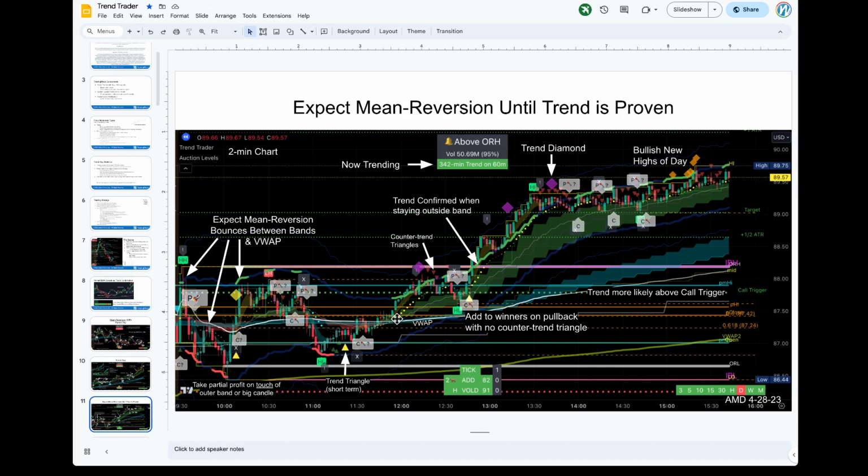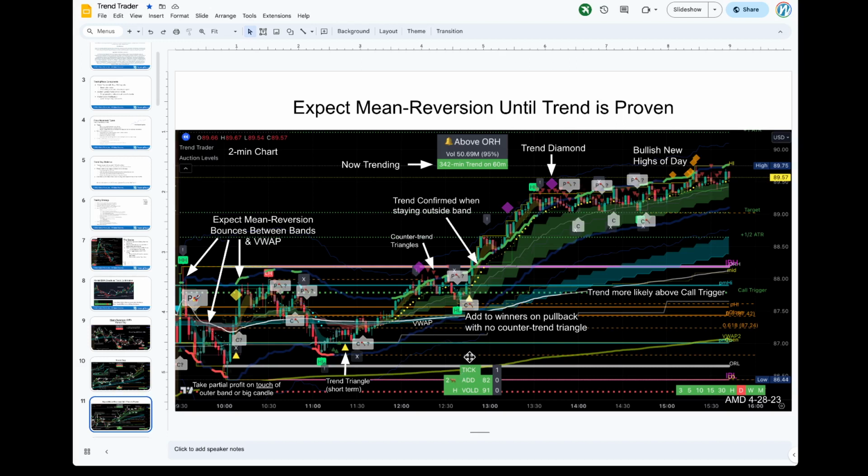That's so important. And then you could say, okay, I'm not above the pre-market high yet, but I think this is going to go. So that's fine. Get in small. Set your stop loss. Do not add to losers. That's so important. And then once you get above pre-market high, you're like, okay, let's add some more. You get above open range high, okay, let's add some more. So add to your winners.